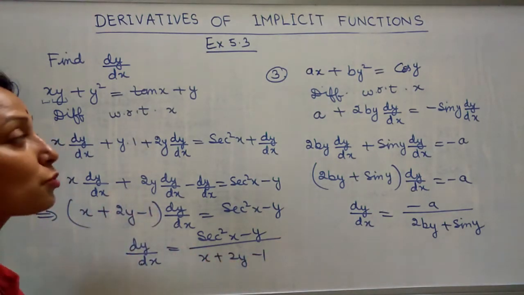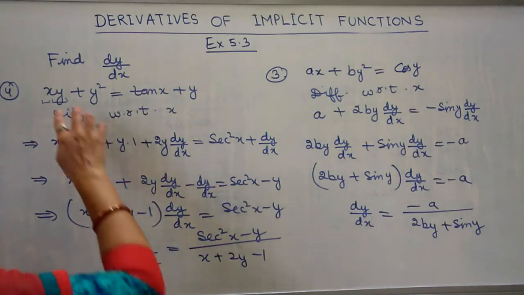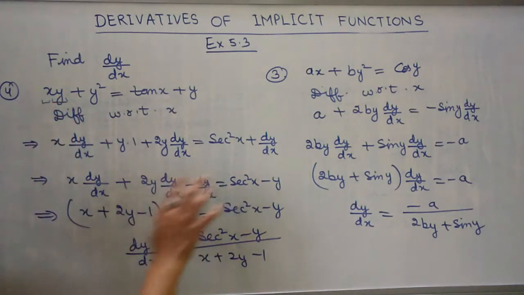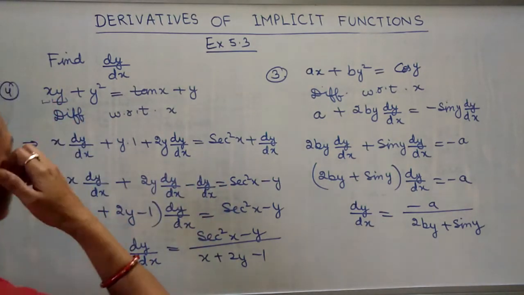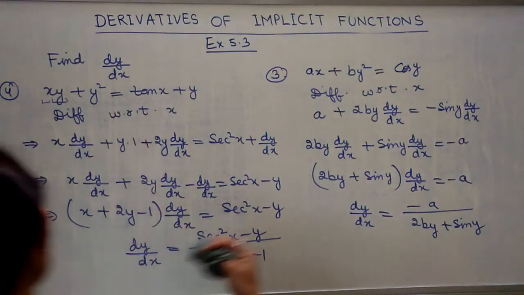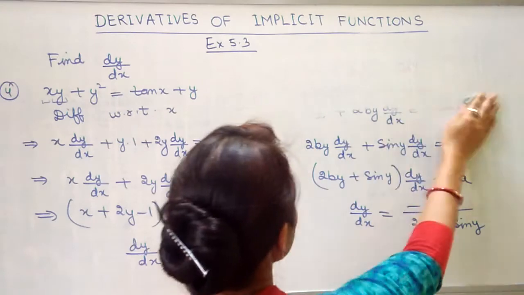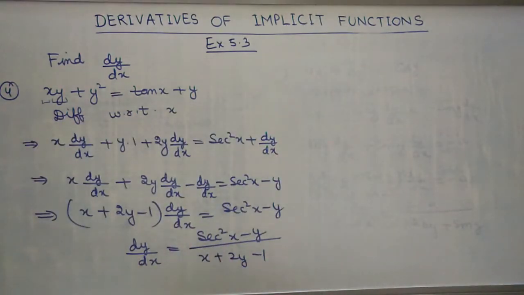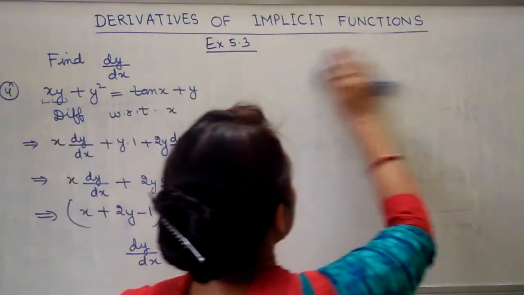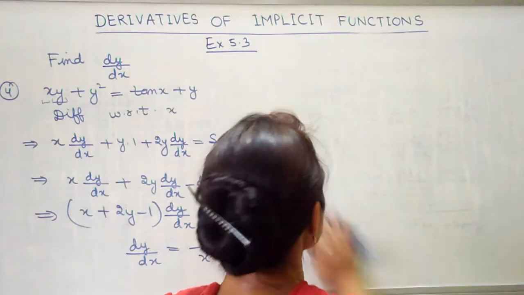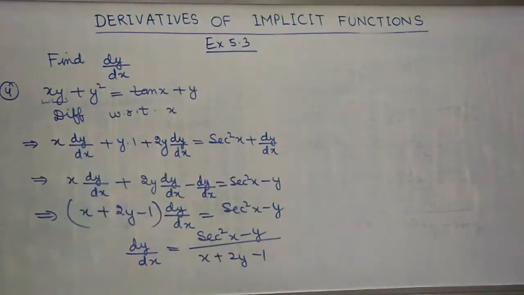So this is the way to solve question number 4, in which there is only one new term included, that you have to apply u into v for the two variables. Now come to question number 5. Okay, so I will start the question, that is also taking u into v. How to solve? Very simple question.